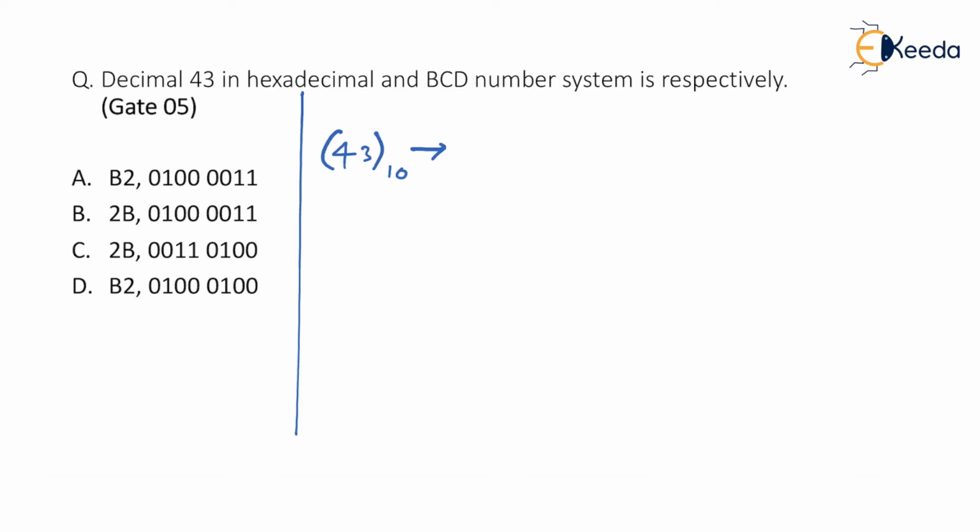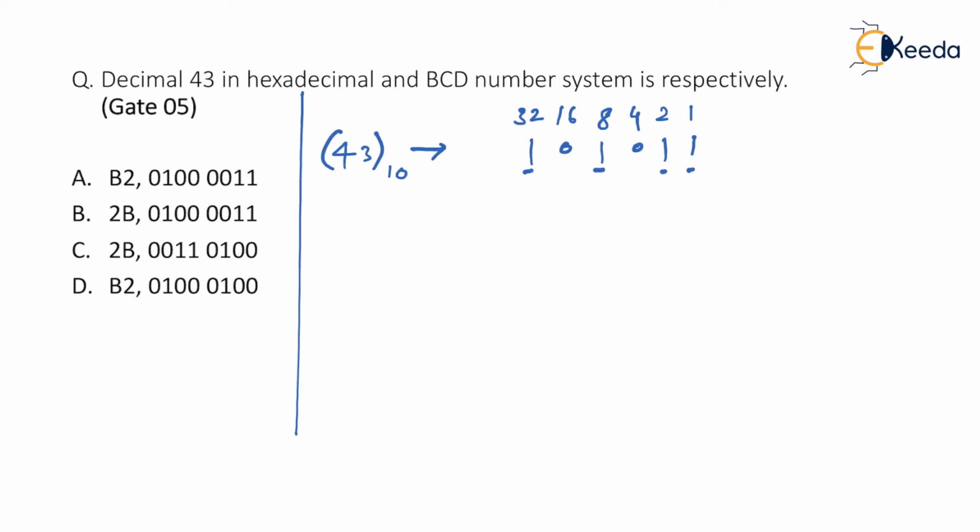So how do we do that? We know that binary weights are given like this: 1, 2, 4, 8, 16, 32. Is that right? We know that 32 plus 8 is what? 40. See, I want to go up to 43. So to have 3 more, below 2 and below 1 I'll write 1, and the rest of the bits would be equal to 0. So this is how we convert a decimal number into binary very easily. See what I did? Again, 43 to the base 10. So below 32, below 8 I have written 1, which gives you a sum of 40. If you want 3 more, then below 2, below 1 just write 1, and this is a unique representation of 43 to the base 10 in binary.